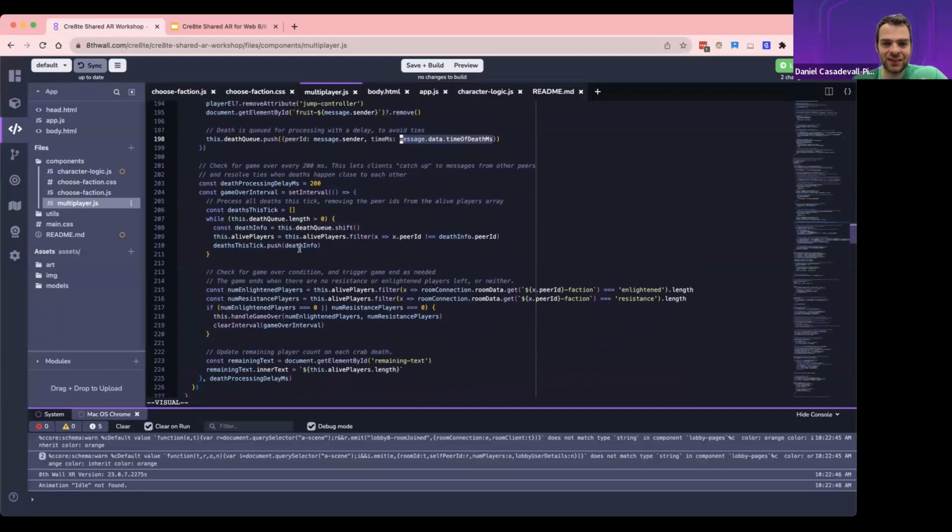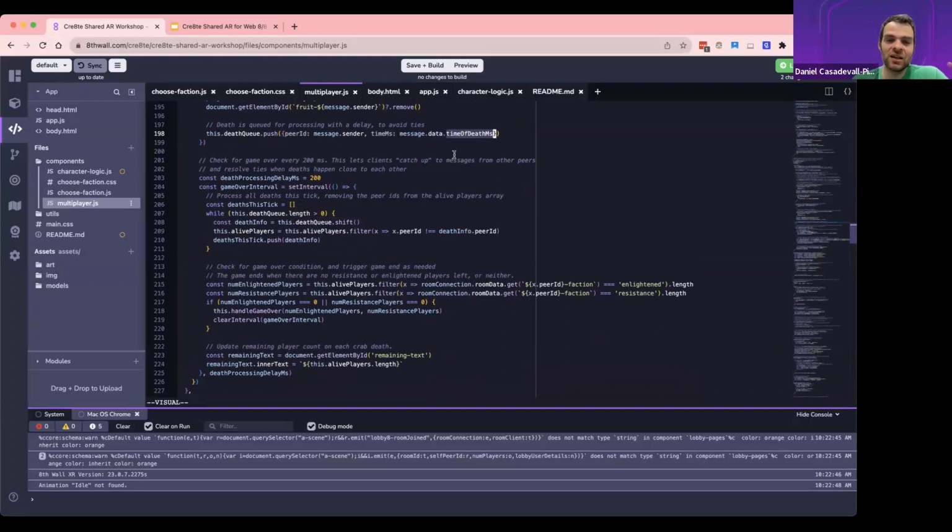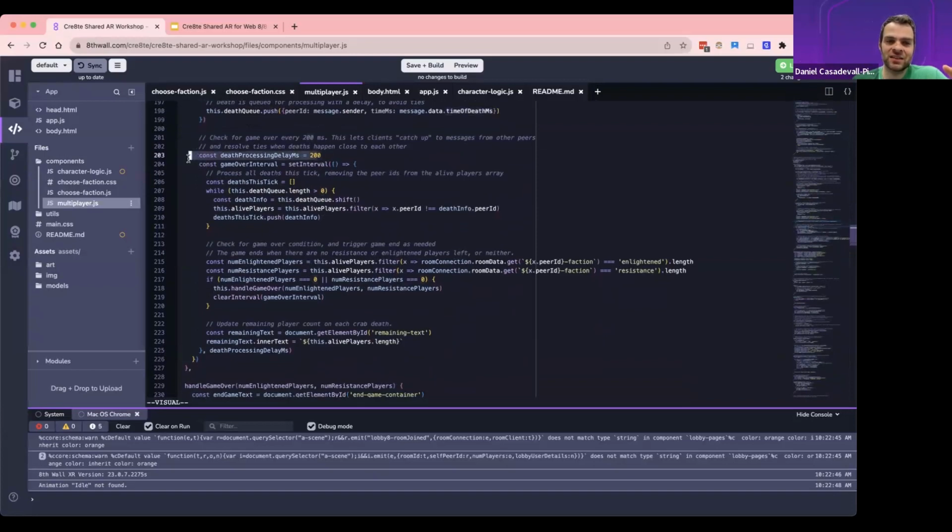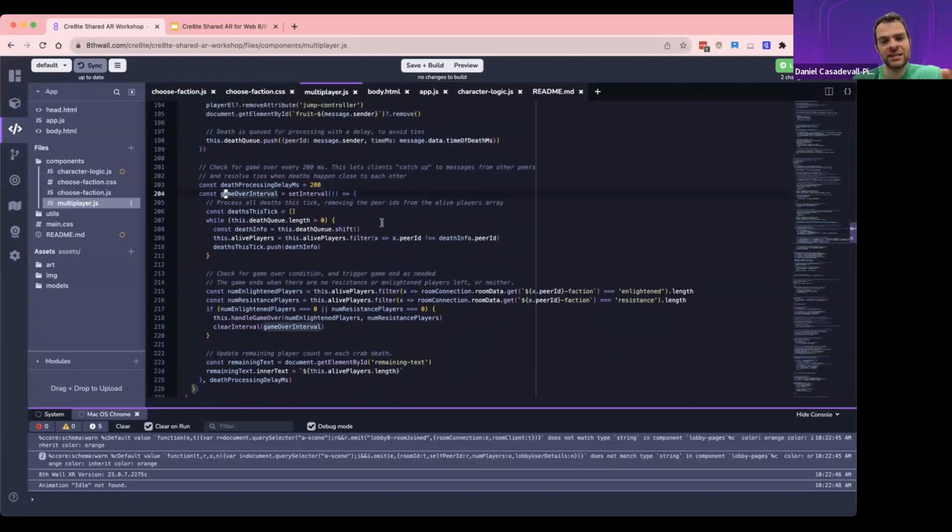As I said, know that this is actually not perfect because it doesn't look at the time of death as it should. So it just looks at the last 200 milliseconds, and this could be improved. But it does give you an idea of this technique for solving race conditions that accounts for latency. And by the way, you can increase this latency, this 200 milliseconds here. This is just based off of your worst case latency. So this game would work best under 200 milliseconds because the deaths are accounted for in the last 200 milliseconds.